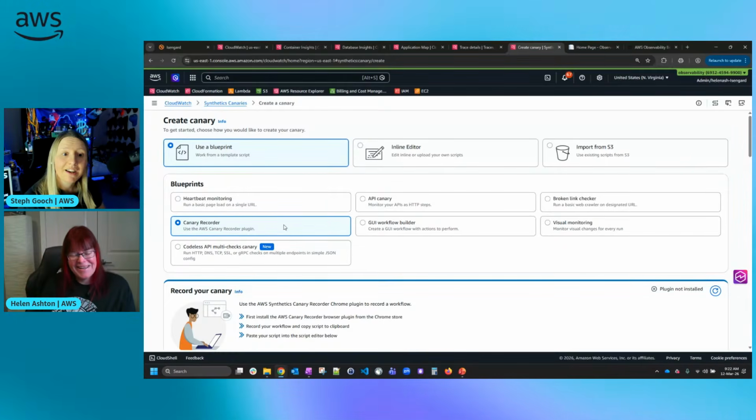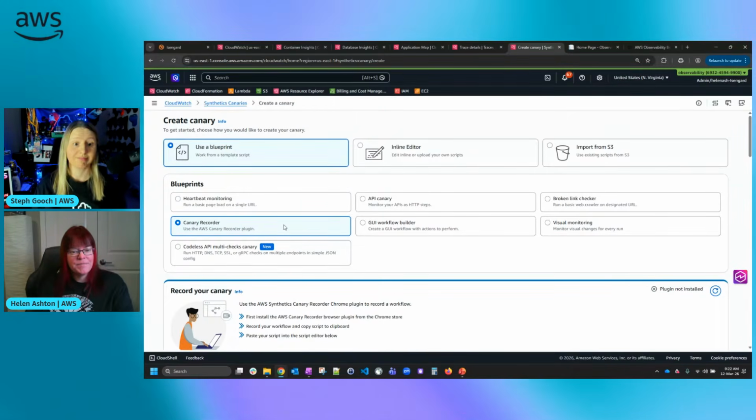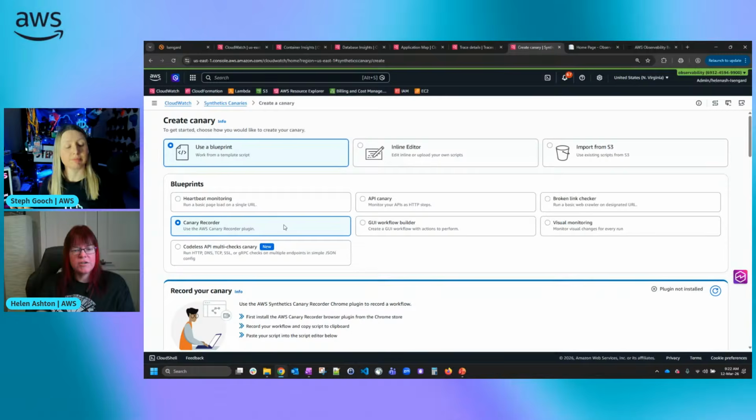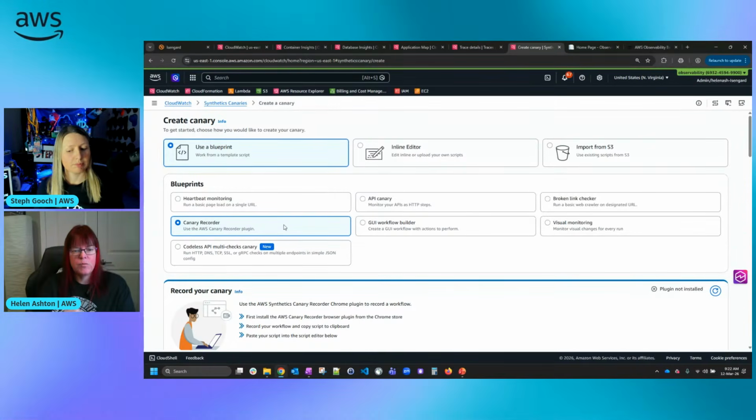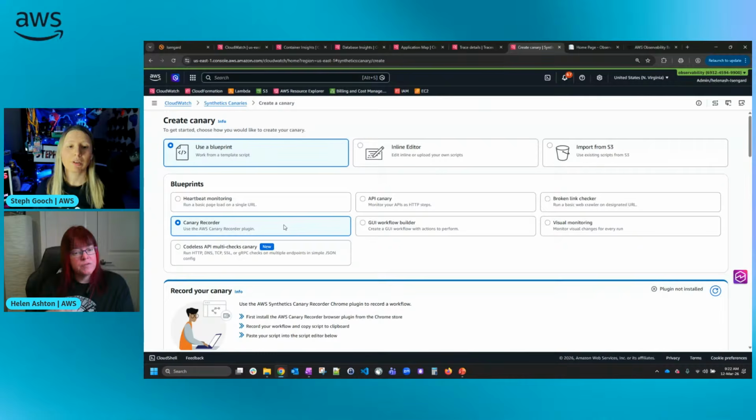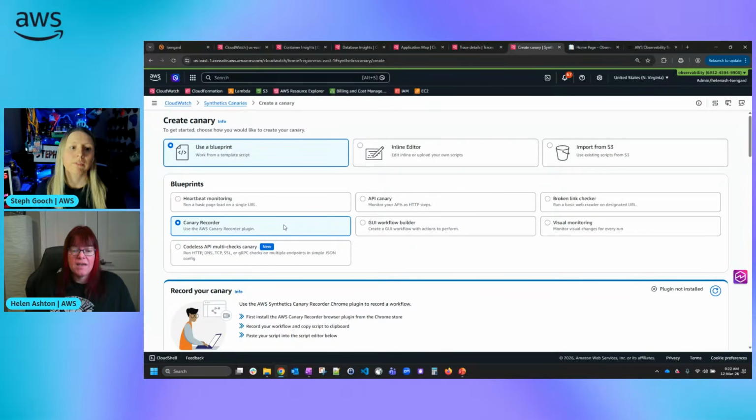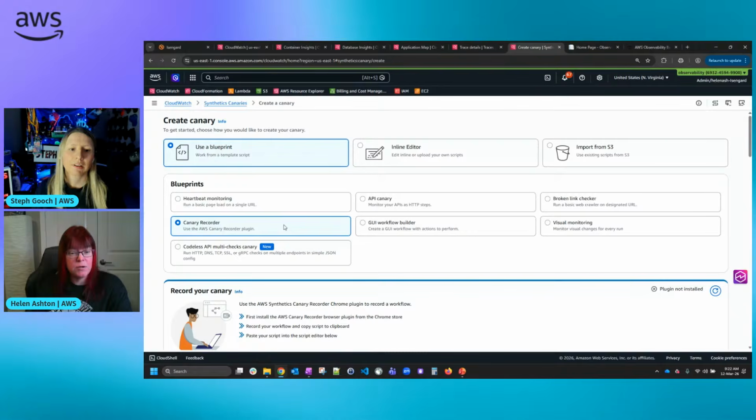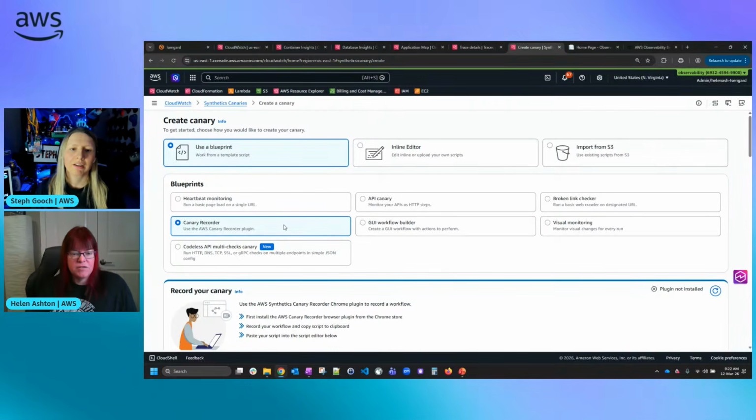Now, caveat, it is using the structure of your web pages behind the scenes to work out what you clicked on, where you entered information. So if your structure changes, you probably need to record that again. But you can go in and edit the code. So if you have someone who understands that structure, they can go in and say, oh, actually, this is a better way to reference that button you pressed. So having someone who knows some of that is useful, but you can just go and record it.